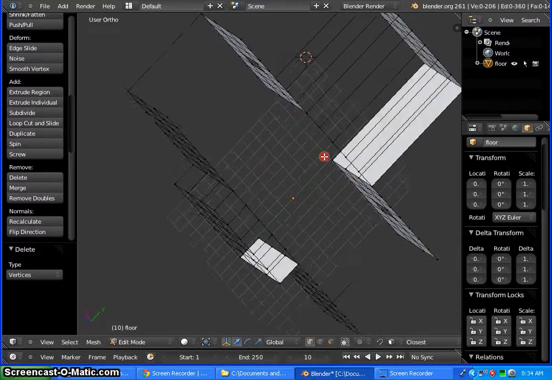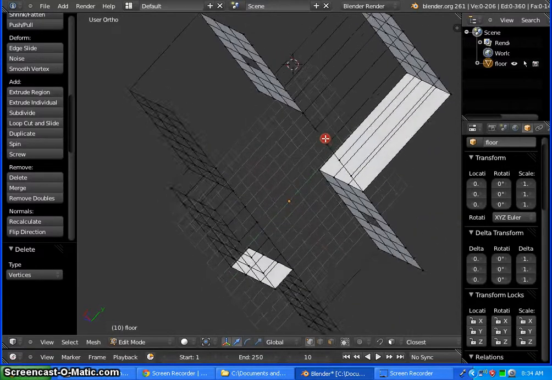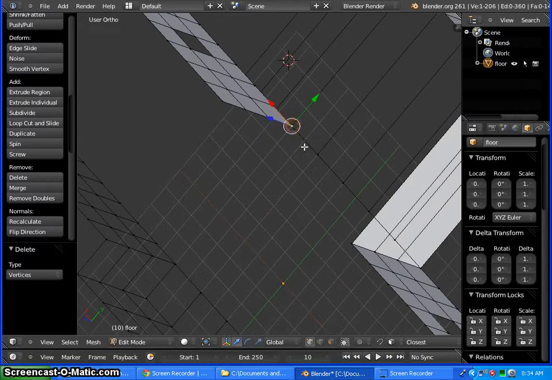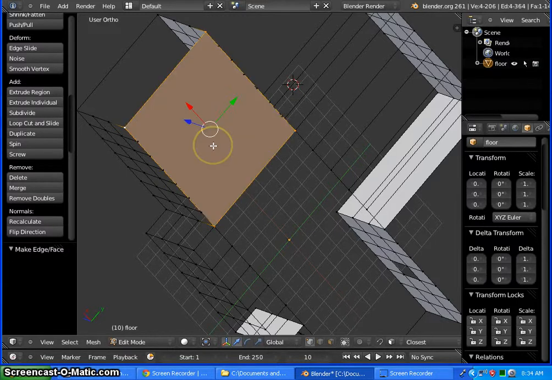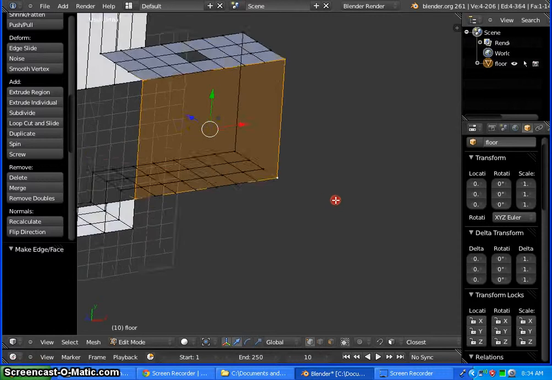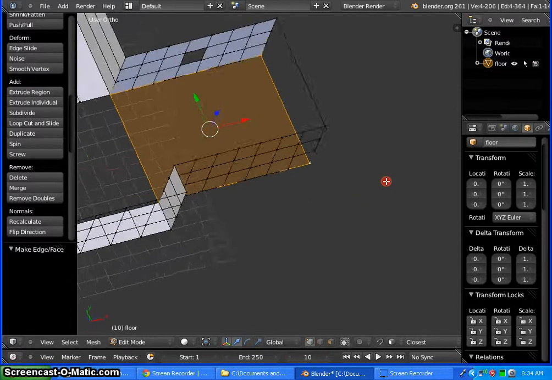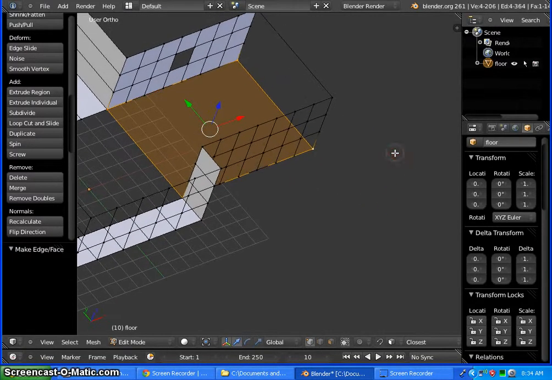Okie dokie. So now we want to make sure to select the bottom vertices for this room, and then if we have a nice square selected, click F now and you see it made us a nice face. However, it's facing the wrong way. So now what do we do? Well,